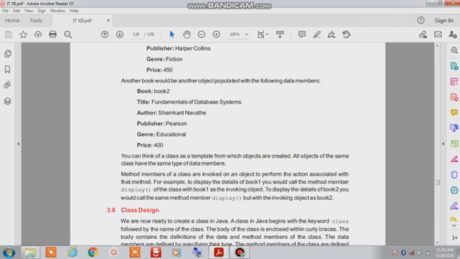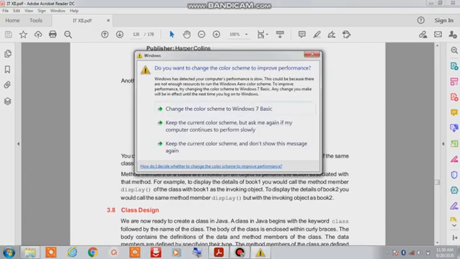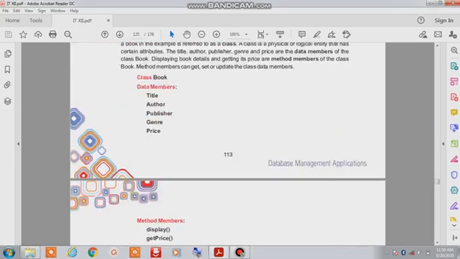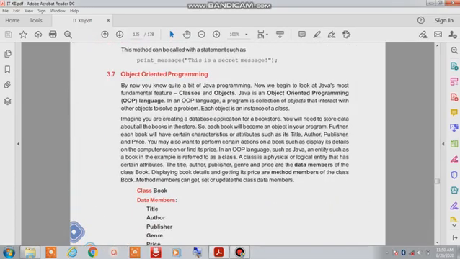So in the math book you used the math object, and in the physics book you will use the physics object. So these are some basic concepts of object-oriented programming.